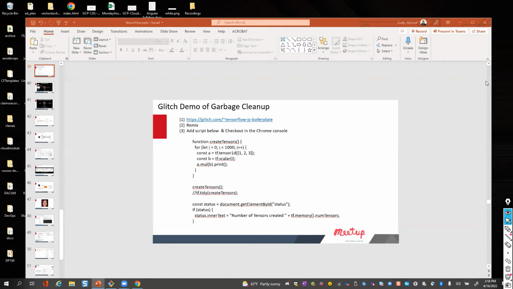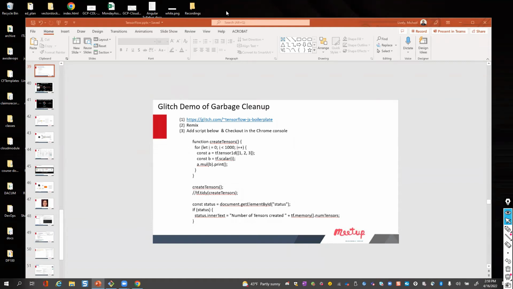Has anyone done any AI work in the browser at this point? No. Is this all new stuff? It's all new. Yeah, okay, excellent. For me, like I said, it takes about 5 years for a programming language to get into the mainstream, and this was about 2018. So we're looking at least another 3 years before you start seeing a lot more of this. But it's not that different than Python, and there are ways to convert Python into TensorFlow.js. If you have some models, not all of them will convert, but many will.